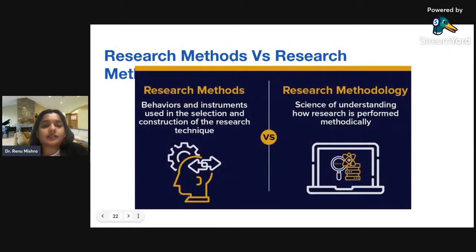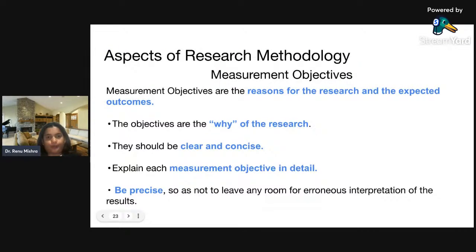Moving ahead, methods and methodology, the difference between them. Now I think you both know, methods are the particular tools and information to be used, and methodology is the whole way of performing the research. Okay, now there are a couple of aspects related to research methodology. Now, when you talk about